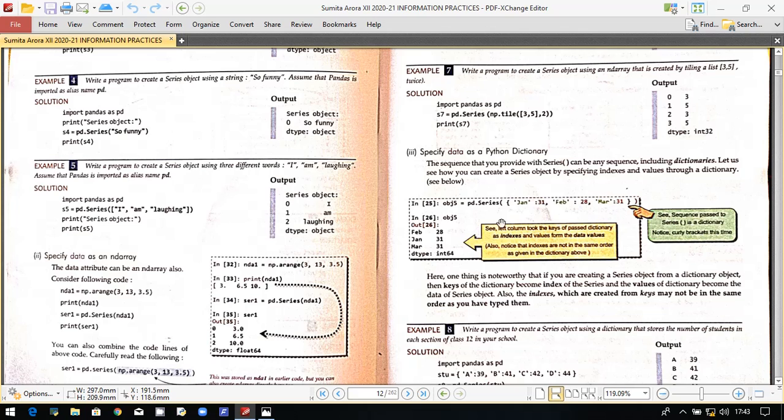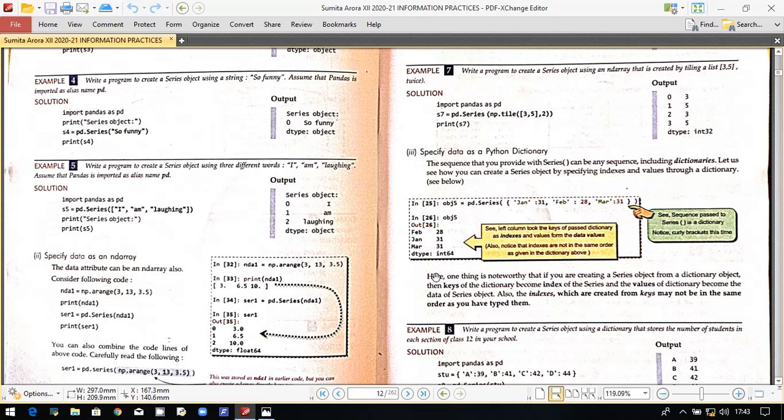Okay, and once we are done with the creation of the dictionary inside the series object, when we print this obj5, we are going to get these values 28, 31, 31, and then Feb, Jan and March. As I've already told you, this Feb, Jan and March is coming here and, as you can see, the order is not fixed. Why is this happening?